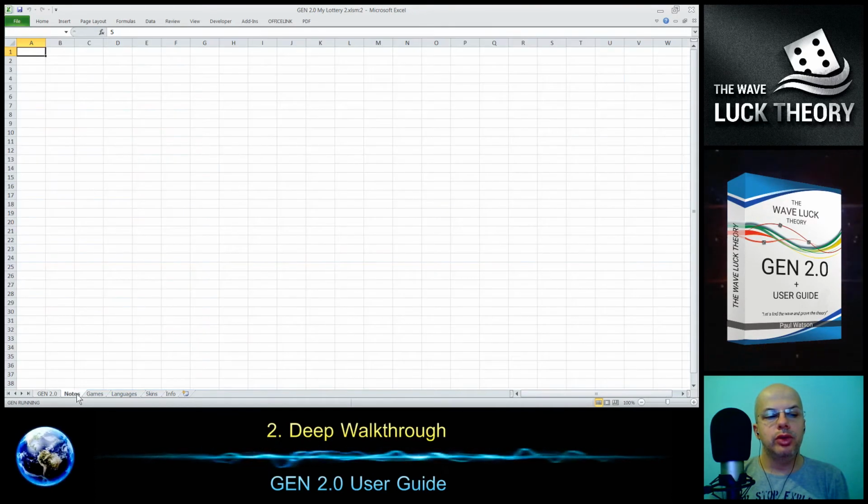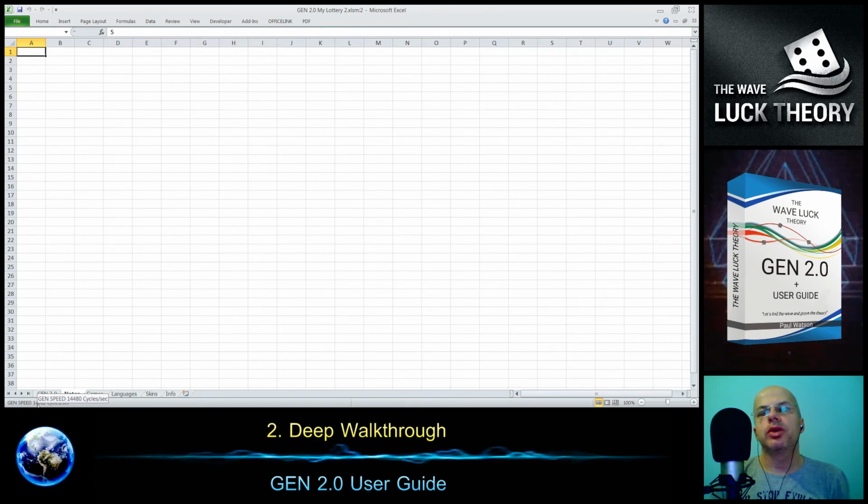And if you click the notes tab, you will see the speed is 4000 cycles per second, but if we wait a little bit, it increased to 14,000 cycles per second, and this is the speed we achieved today. Maybe it can be higher, it depends on your computer and on the other stuff running on it. I don't know why, but it's really good to switch to the Notes tab and leave it running, because then objects are not refreshed and it's really quick.